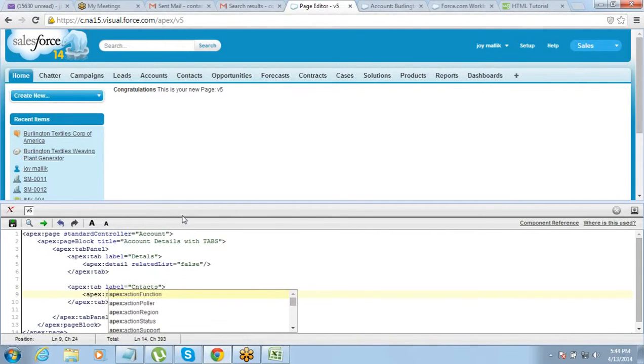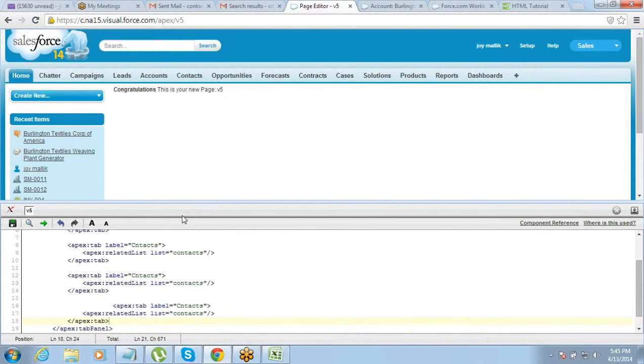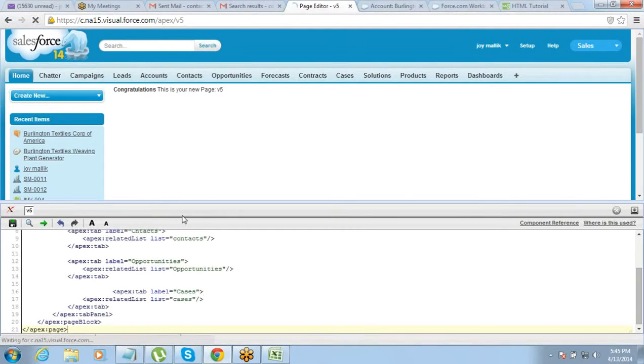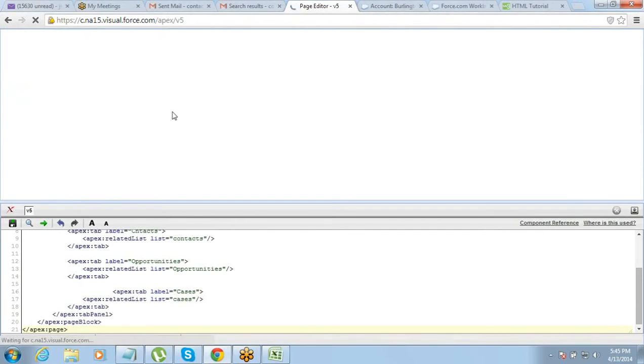This time it will be a related list, list name contacts. So what it does, it creates the tabs for us.